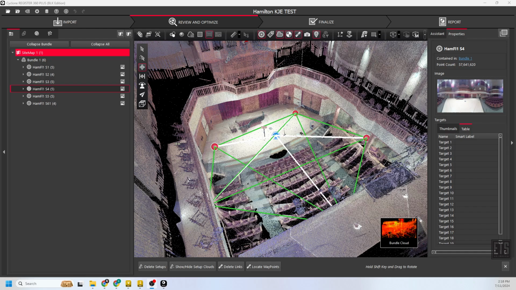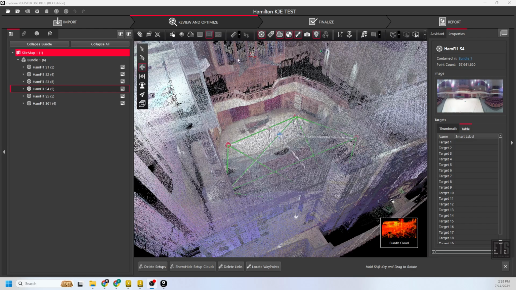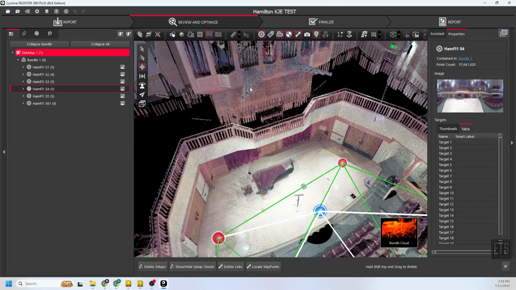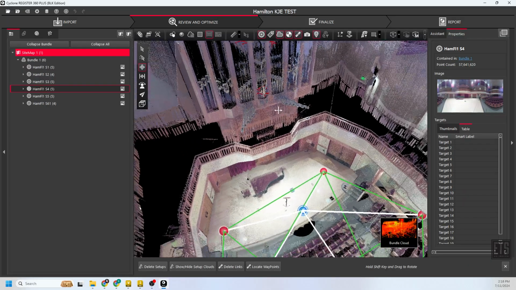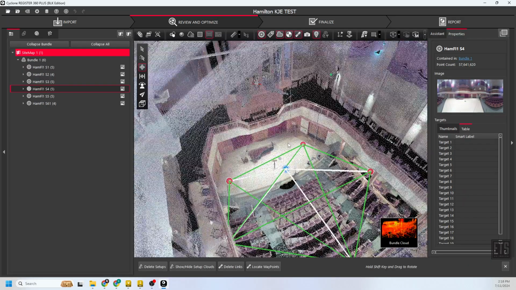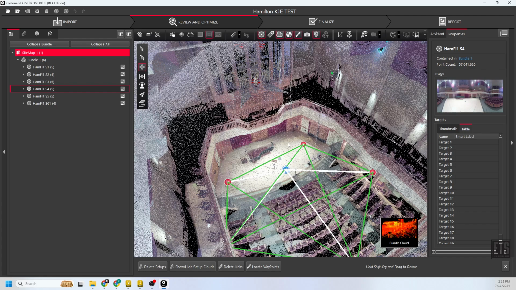This is their Hamilton space, and its main function is a music performance venue. They were kind enough to let us come in and scan, and it actually has this really beautiful organ back here that was a fun subject for us. Anyways, I digress. We've been refining our workflows when it comes to reality capture and scanning